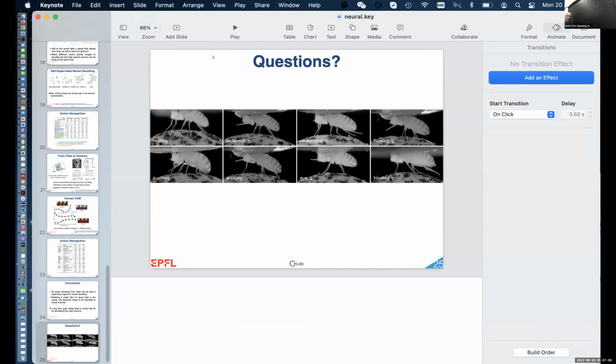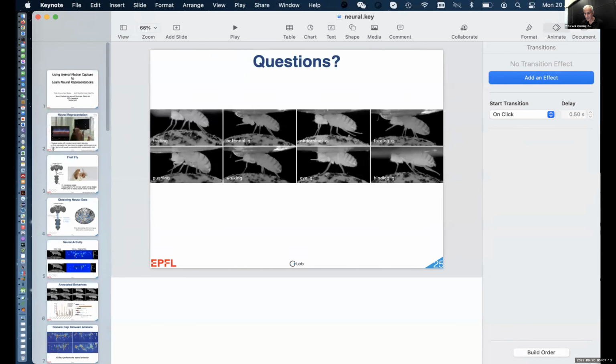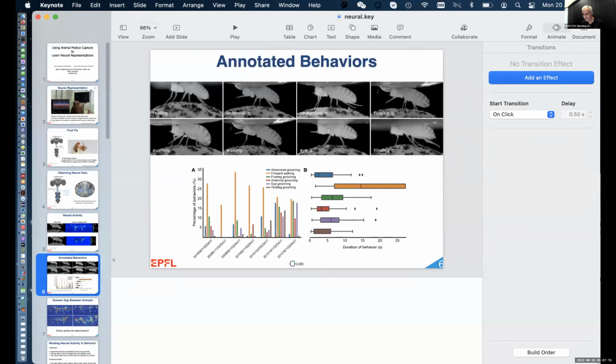Yeah, we can go back to the slide if you want. So here, what they are called. Resting is one, of course, it's not doing much. We have walking, which I've mentioned. Antennal grooming, which is here. Abdominal grooming, where